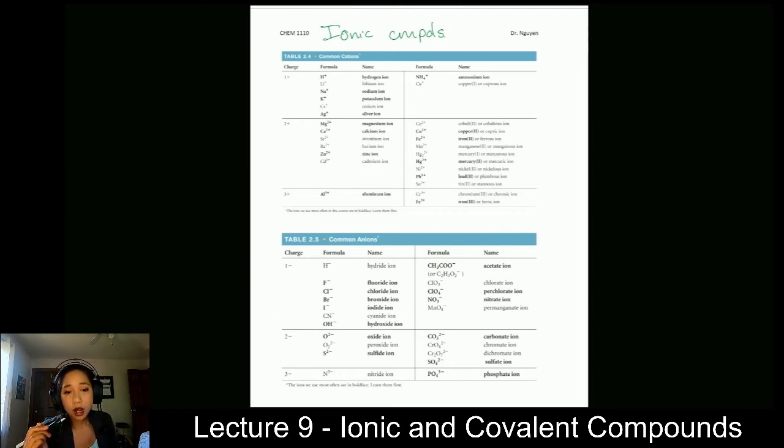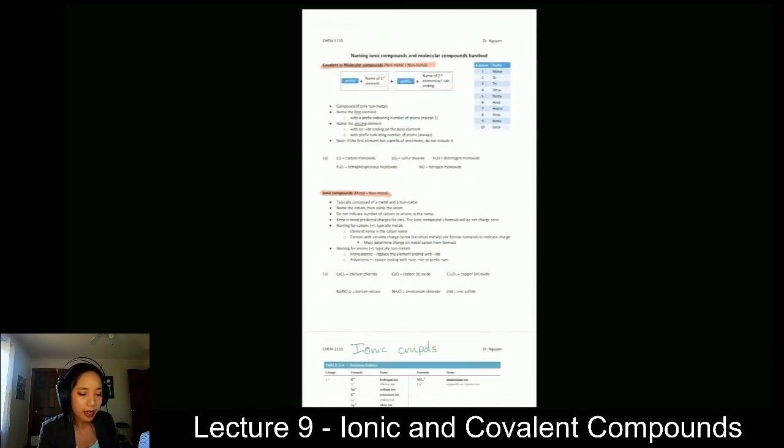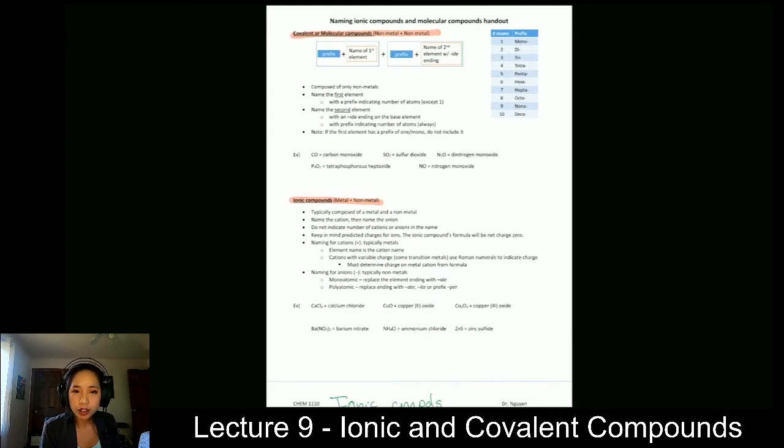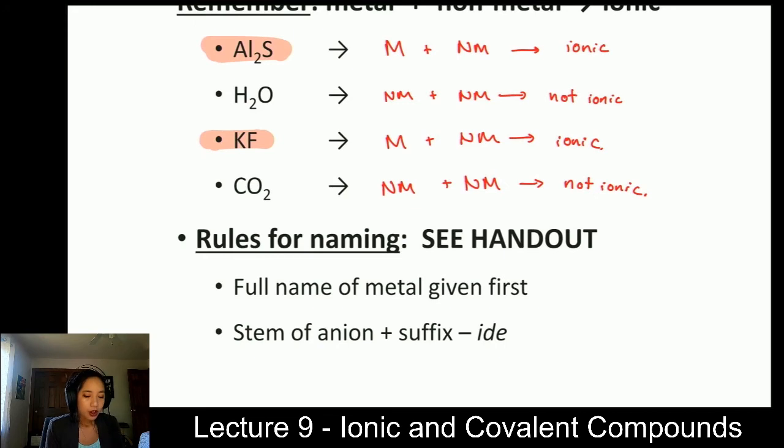Understand, because these are cations and anions, that these names only apply to ionic compounds, because ionic compounds contain cations and anions. So use this handout as a reference sheet. Let's go back to the lecture. All right, the rules for naming are all summarized in the handout, but we'll still go through the different